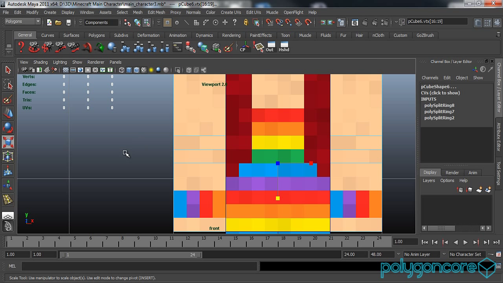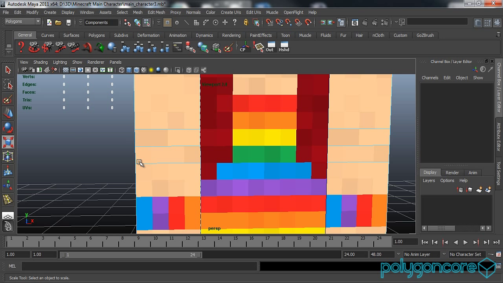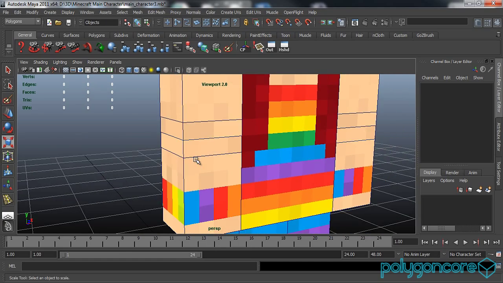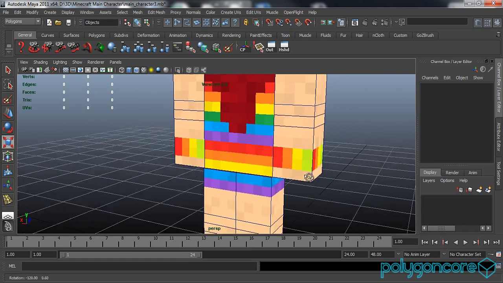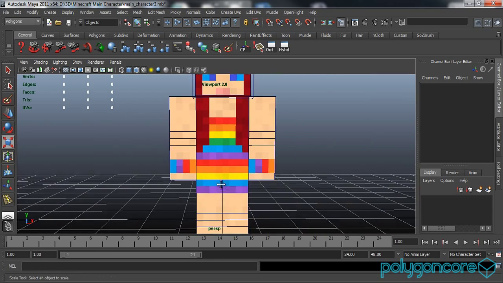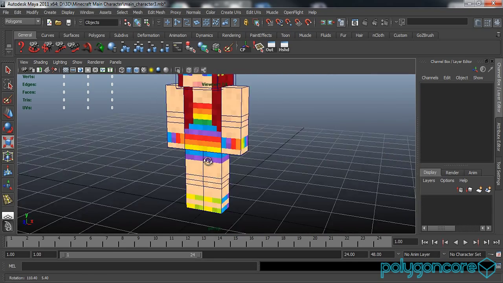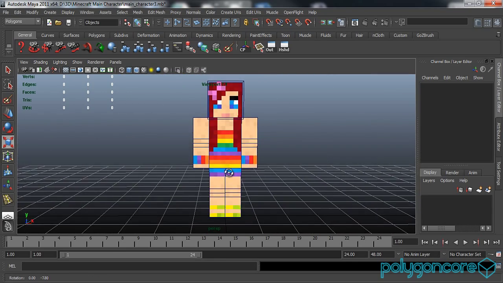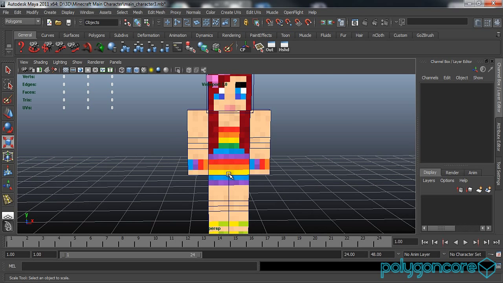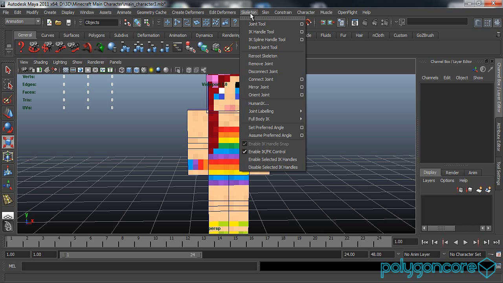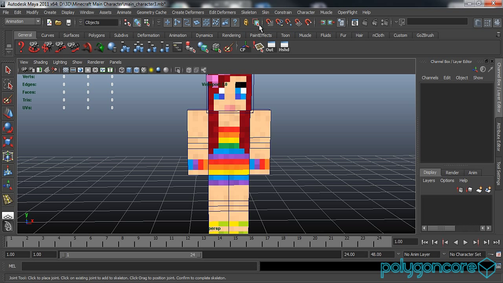Okay. And now when that's done, we'll go ahead and start creating the bones. So you want to go into the animation, and I think it's F1 or F2 that you can click for the shortcut, and then go to skeleton and joint tool,